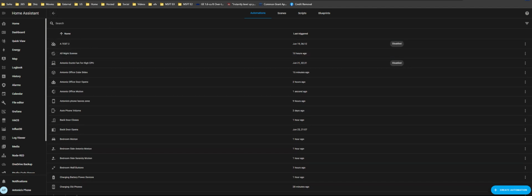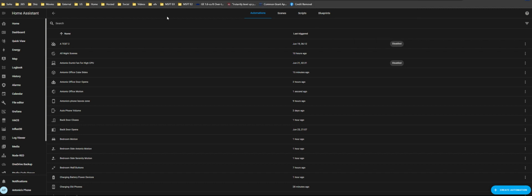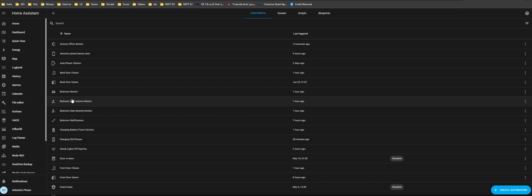Okay, but here's another thought though. I don't have any smart plugs that can read voltage. So I can imagine what you probably have to do if you do buy a smart plug that has voltage sensors on it and you add it to your Home Assistant. What you can do is have your battery charge and see how much power it is using. And then when it fully charges and it's no longer charging, come back to it and determine what the power is. And then when you set up your automations, you can easily, and let me go back,